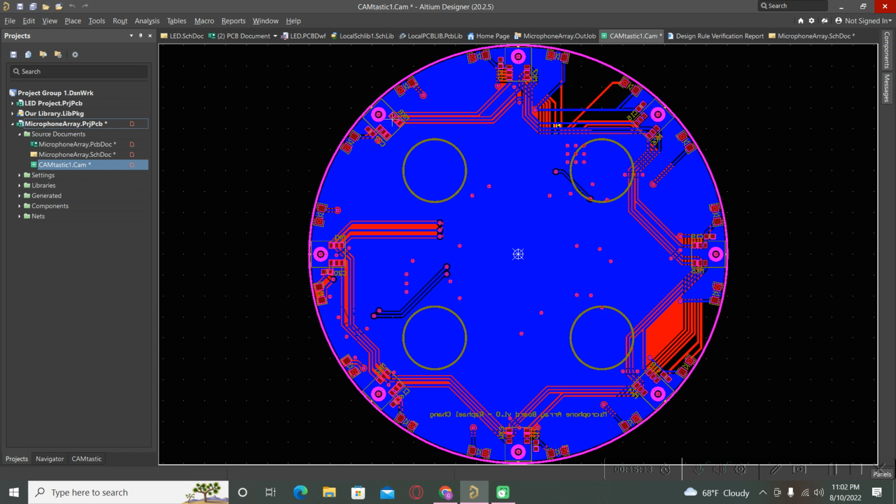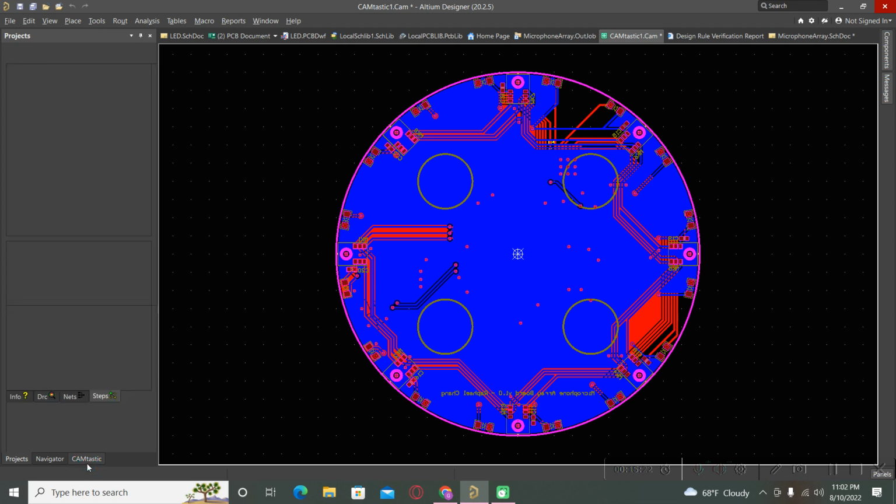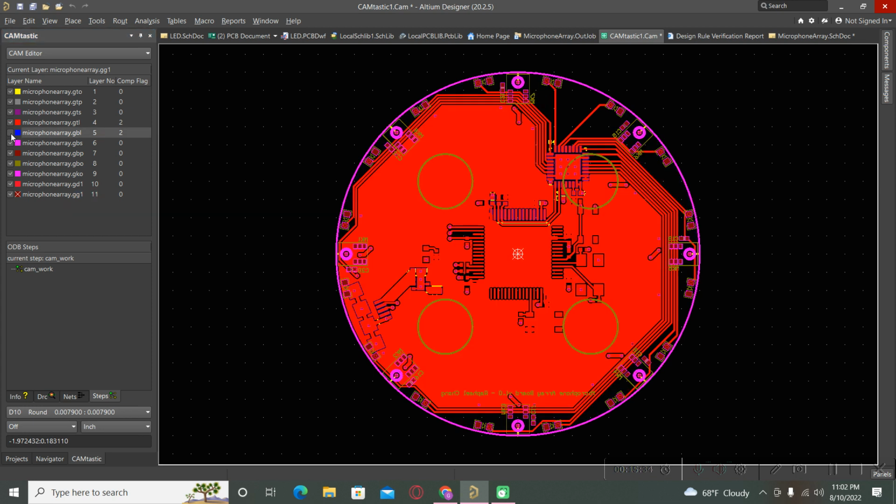But if you simply want to use this CAMtastic for checking the Gerber files, you should go here to this tab, CAMtastic, and here you have all the layers. And for example, if you want to turn off some of them, for example this bottom layer, you can simply go here and turn them on and off one by one. So if you want to check only the top layer,